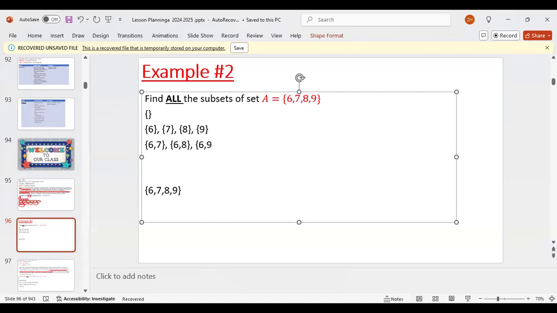Or could we do more with 7? No more. We can't do no more? 7 and 8. Let's go, 7 and 8. And then 7 and 9. I have a question. And then what? 7 and 9.